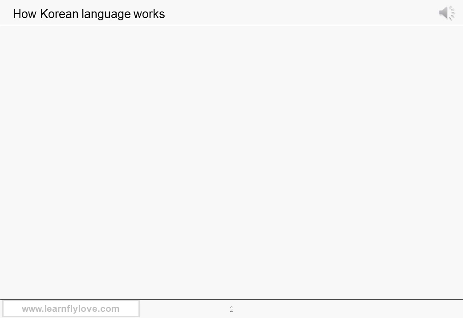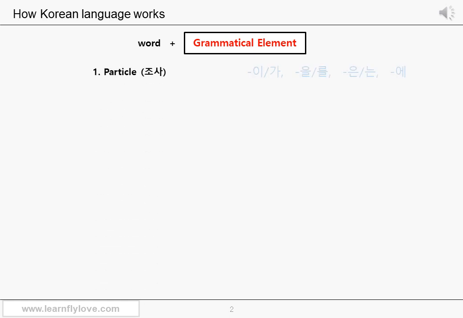Now you know how the Korean language works, don't you? A substantial portion of the Korean grammar is about adding grammatical elements to the word. You have to understand this by now. Then what grammatical elements are we talking about here? First, particles. The subject particle, 이/가. The object particle, 을. The auxiliary particle, 는. Time, place, and destination particle, 에. And you learned many other particles besides this already. But you still have quite a lot of particles to learn, okay?